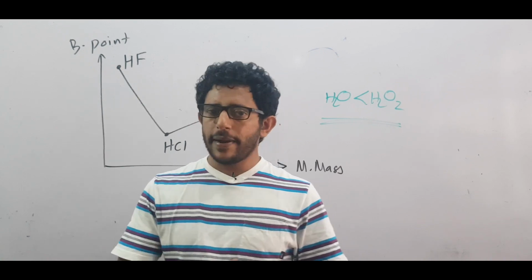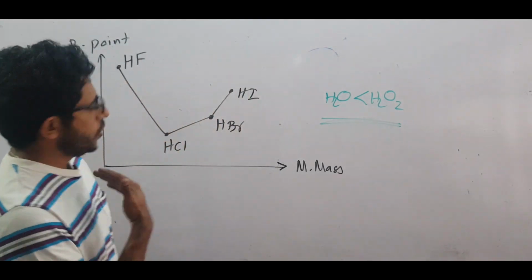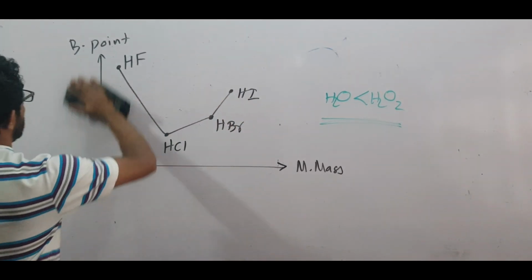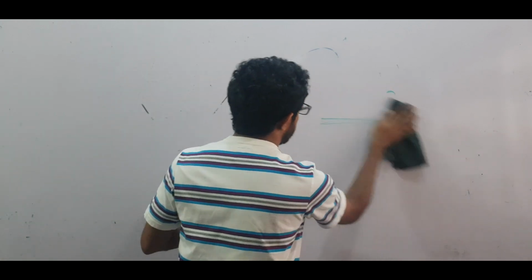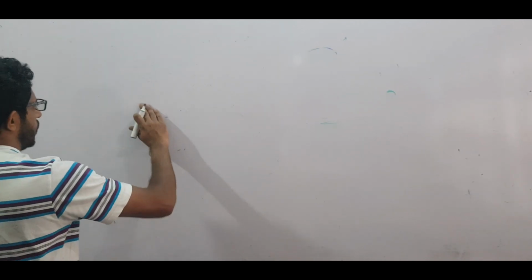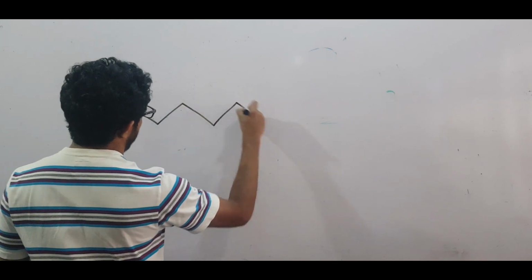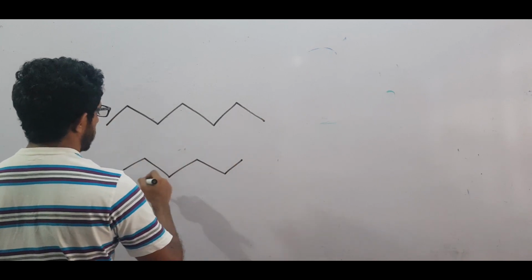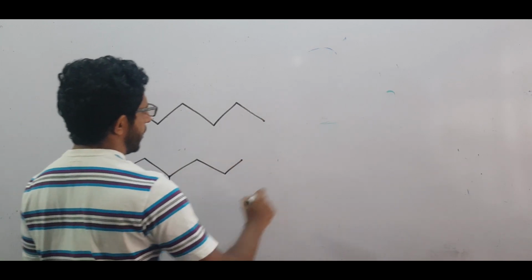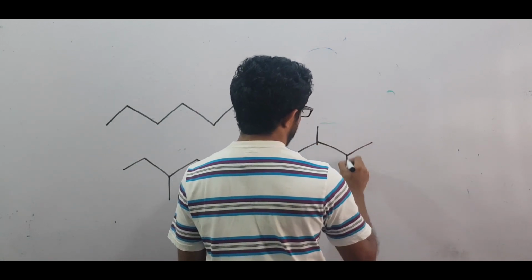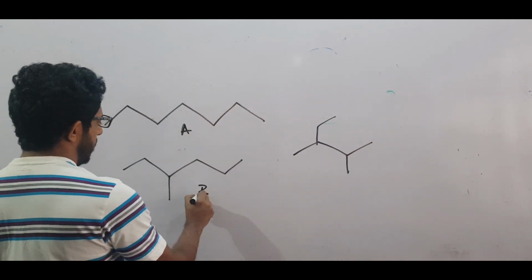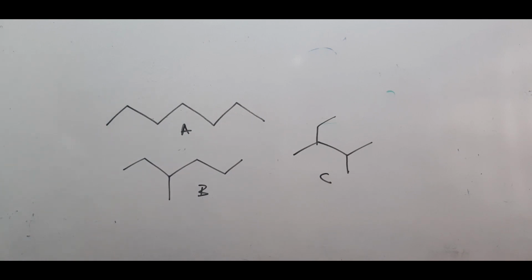So the boiling point mainly depends on the strength of the forces of attraction. Usually intermolecular hydrogen bonding gives a higher boiling point. Now if we talk about the boiling point of alkanes or carbon chains, they have isomers, so the boiling points of the isomers are not the same. So if I draw the skeletal formula, and take these three as A, B and C, commonly they might ask,